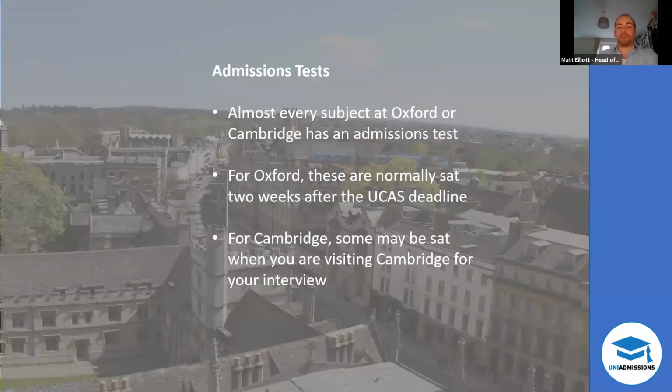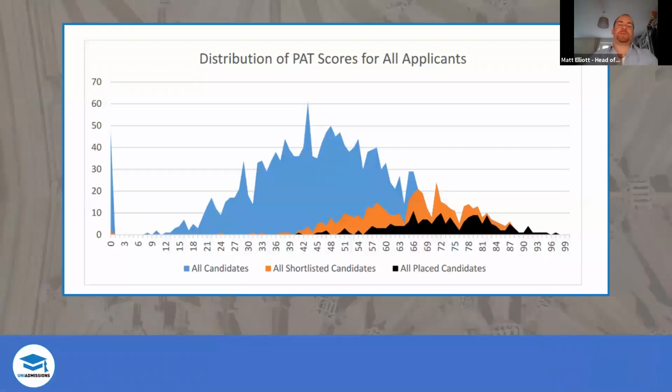So we can look at some lovely graphs, as I threatened now, just to show off the strength of the relationship between test score and outcomes. So this is for the PAT, which is the physics test at Oxford, which I believe also covers engineering at Oxford. As you can see here, you have the big blue line of all candidates forming a sort of flattened bell curve. I mean, this is closer to a T distribution.